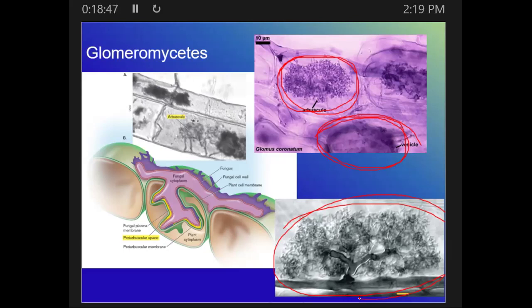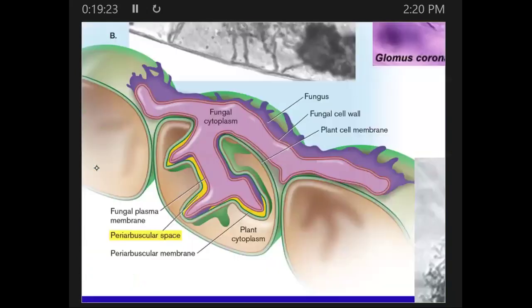What I need to point out, and I'll make another point of this in the next slide set, is it's really hard when you look under the microscope or the electron microscope. It looks like these fungal hyphae are just in the root cells, like swimming around in the cytoplasm, but they're not. They push in, but they're always surrounded by what we call in this case the periarbuscular membrane. So if we blow this up a little bit,